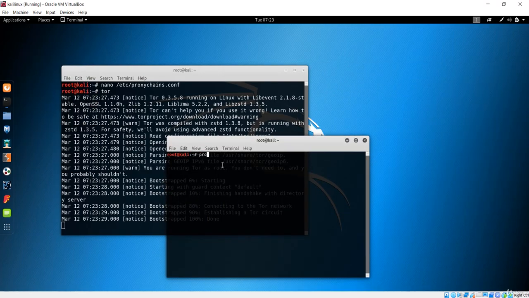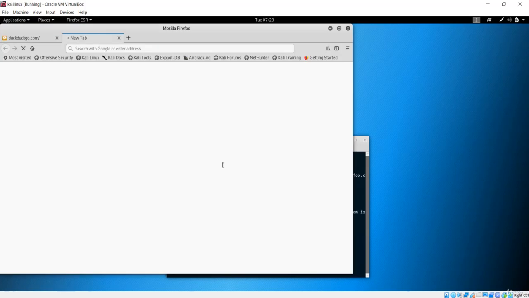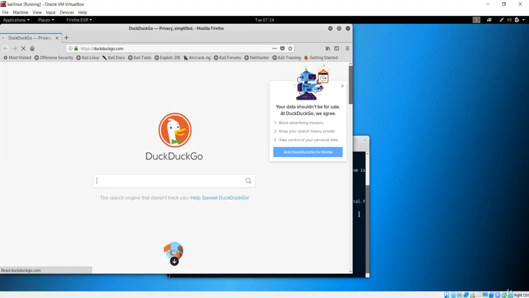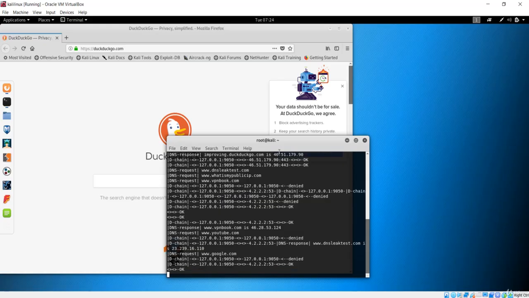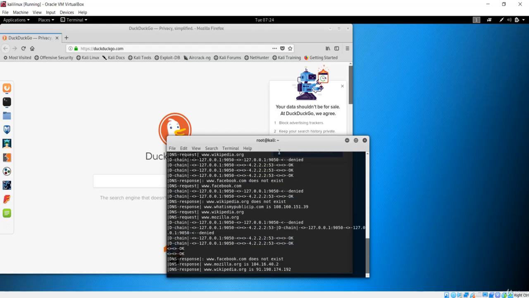Now I'll say proxychains firefox, and let's see if this works or not. I'll say duckduckgo.com, and if I hit enter, then let it take some time, and okay, this is working. If you look in here, there is a chain.